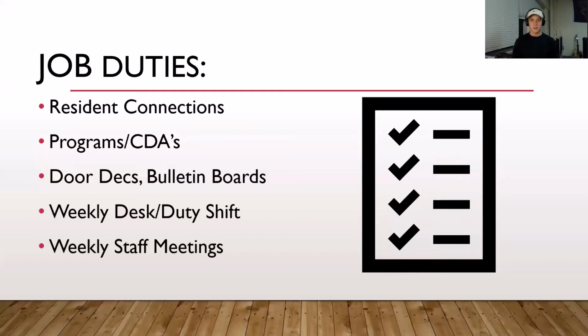So I log into this Excel form. I say, resident A and I had a conversation about their classes. They said it was going very well, and so on. And then I just put what topic it was. In that case, it was school. So that is something I do every single week. It's a minimum of 6.